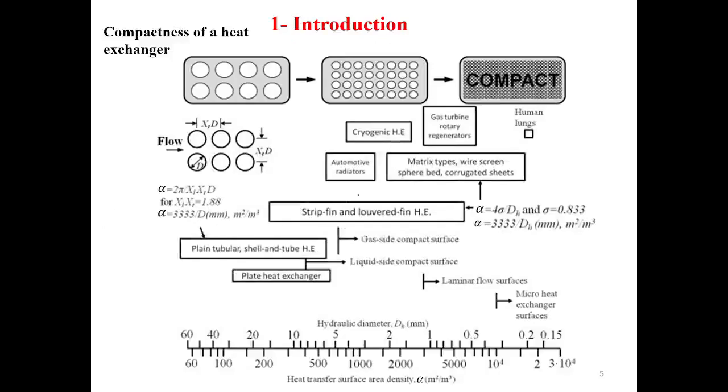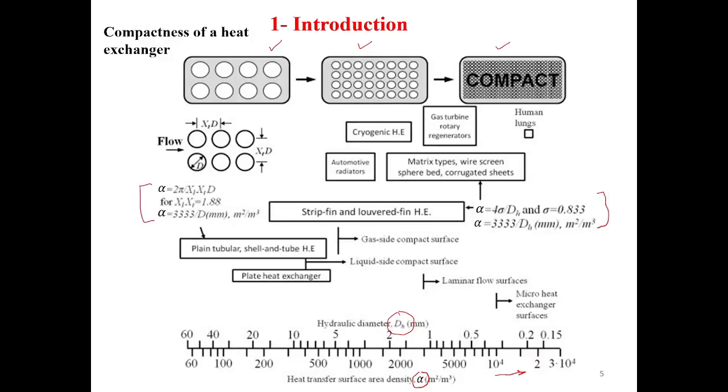700. This is another figure that shows the same thing. On the lower scale there is alpha, which increases in this direction, and on the upper scale we have the hydraulic diameter, where as you see, as alpha increases, the hydraulic diameter decreases. Again, you can look into the tubes in the heat exchanger. You can see that as the tubes increase in number, you arrive at compactness. Again, alpha can be calculated for certain geometries, and certain